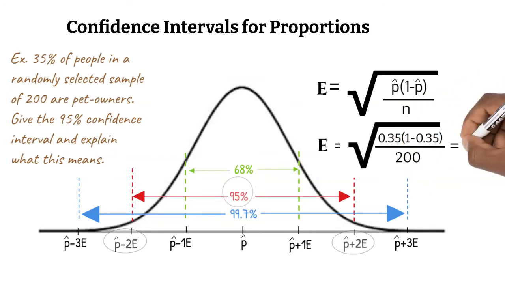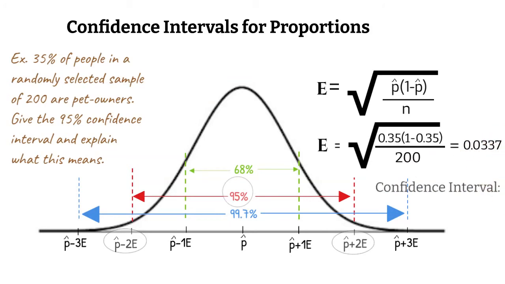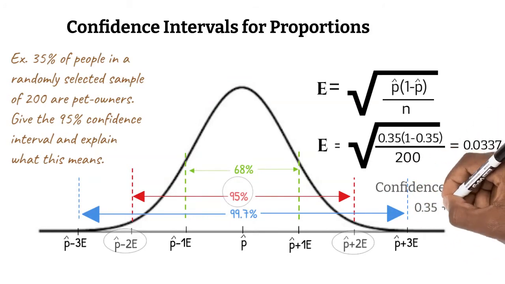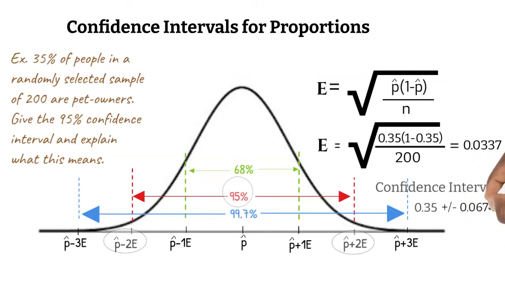Our standard error is 0.0337. Multiply this value by 2 to get two standard errors. We get 0.0674. Our 95% confidence interval is our proportion, 0.35, plus or minus two standard errors,